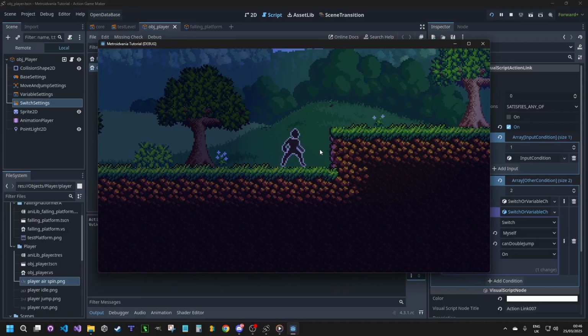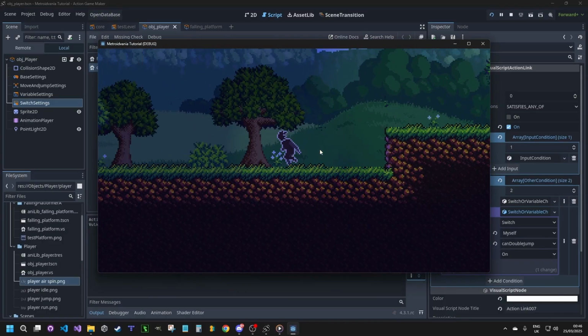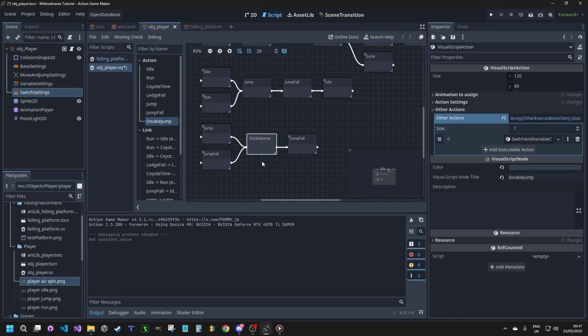So yet again, here we are in game. I can run, I can jump, and now we can no longer ever double jump again because we double jumped once and our variable is off. So the can double jump variable is off. We have to set it back on so we can double jump a second time after we touch the ground. We have to switch back on the ability to double jump, but we only want to do that when we